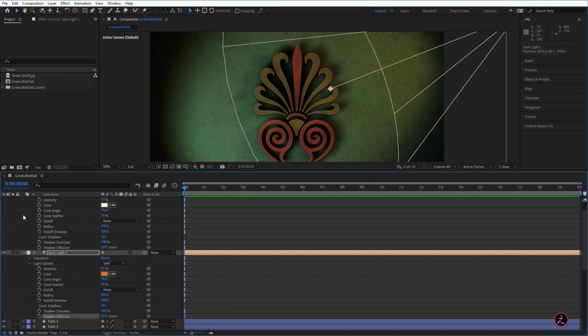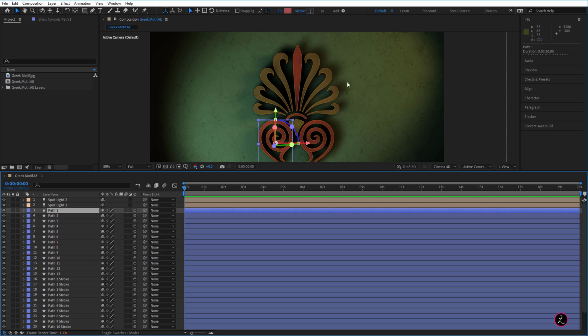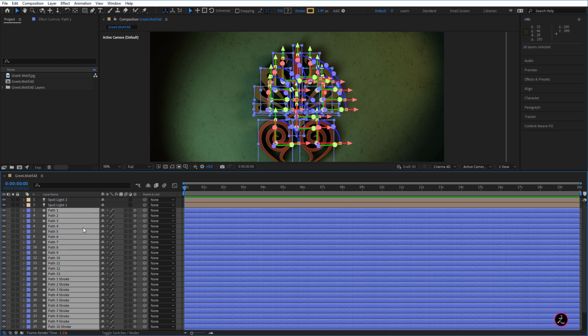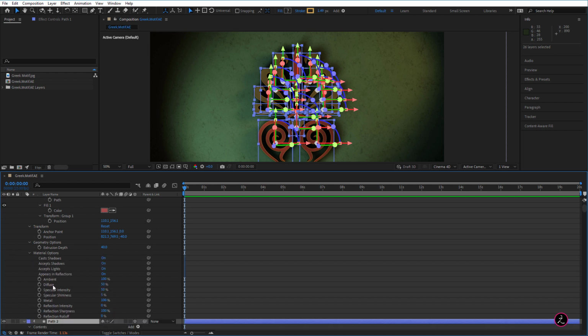So I'm going to leave this as is, but there's one thing I would like to do, and that is have a bit of extra reflectivity on all of these shape layers here. And I'm talking about the specularity, and that is, again, the reflection of all of these shape layers. So I'm going to shift select all of these and then press the letter U twice and then open up the material options. Here's the specular intensity. This is set to 50%. I'm going to set this to 70% for all of these. And I can already see the change.